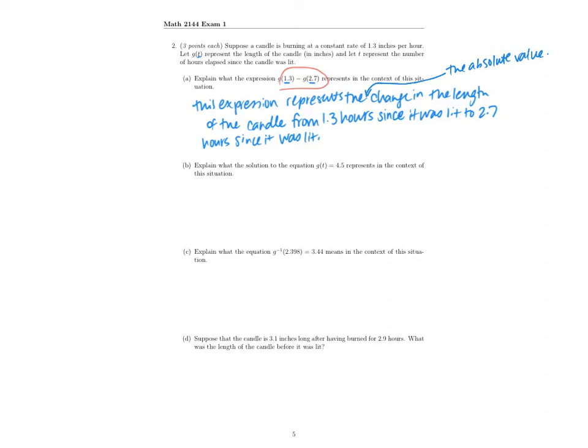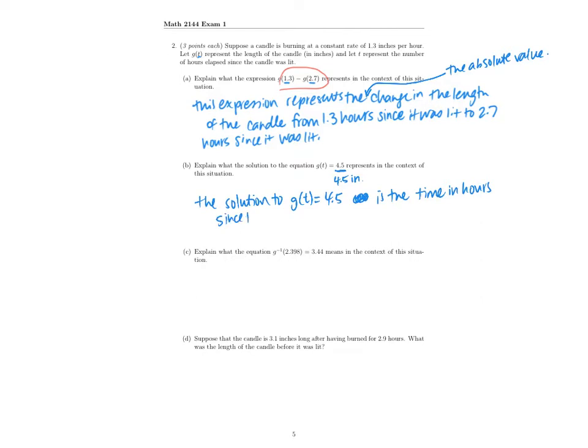So the first thing we want to realize is, what is this 4.5? Well, it's an answer to G of T, and G of T stands for the length of the candle in inches. So that 4.5, the units of that would be inches. So what it's asking for, the solution to G of T equals 4.5, would be the time in hours